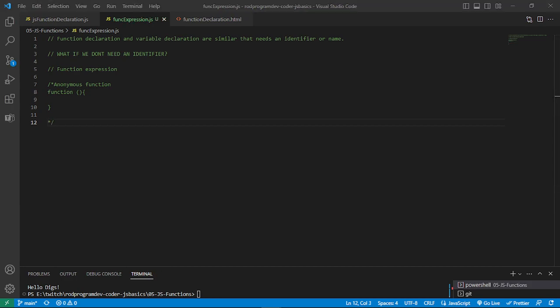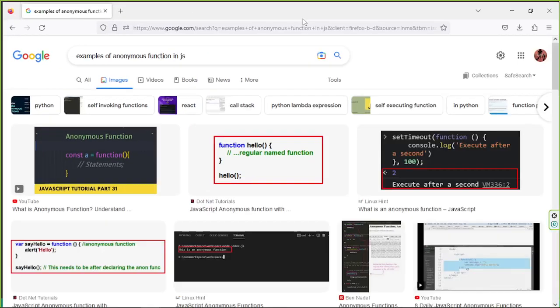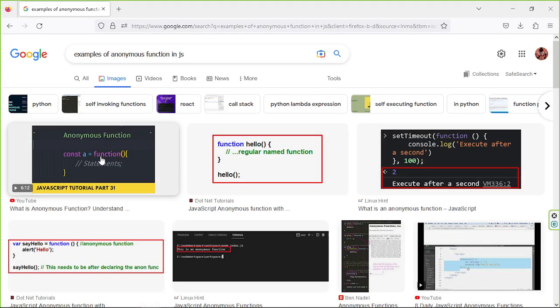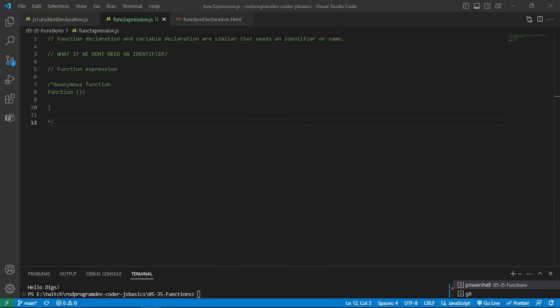Examples of anonymous function. You would see that there are plenty of examples of an anonymous function. You would see there's that function that doesn't have a name, right? So in our case, let's try to use an anonymous function, and one good way to demonstrate this will be